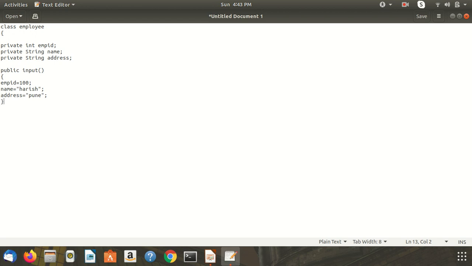Complete the input method. Here we specify the return type void. Then another method, public void output.